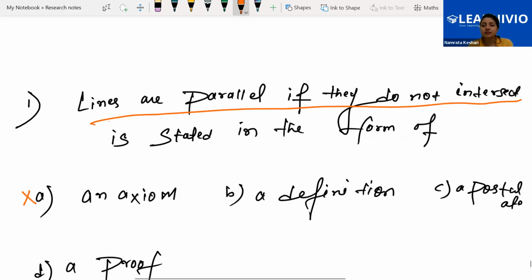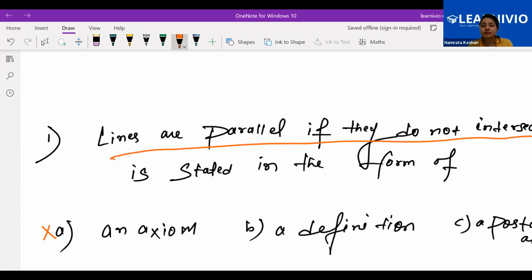It's not there, right? That means it's not an axiom. However, all the axioms of Euclid are not there. We have a few axioms in your book. A few axioms of Euclid are there, and the sequence is also not maintained. Still, in a few questions you will find that it is talking about axiom 1, it is talking about axiom 2.